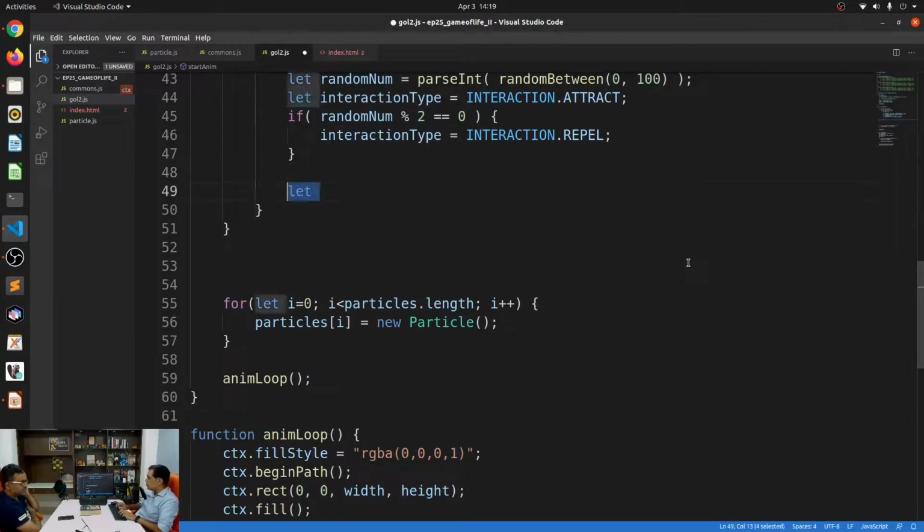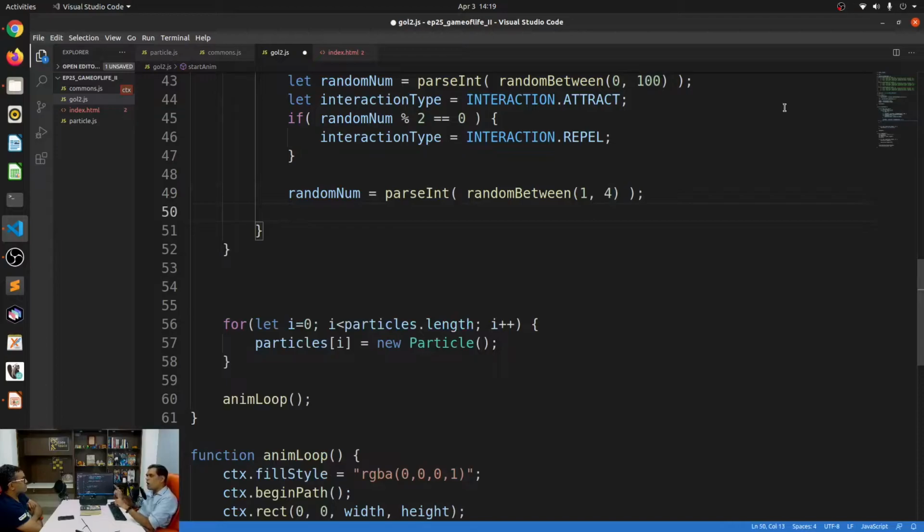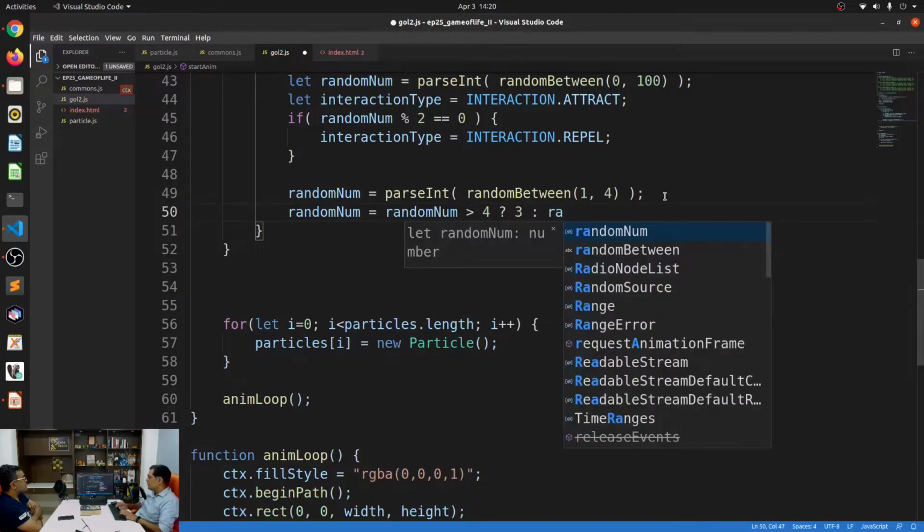I already have a random number, and it is equal to parse int of random between 1 and 4, because I want it to be between 1 and 3, and this random between will not return 4 itself. But just so that we don't have an issue where it becomes 4, I'll say if random number is greater than 4, then just make it 3, or else let it just be random number.